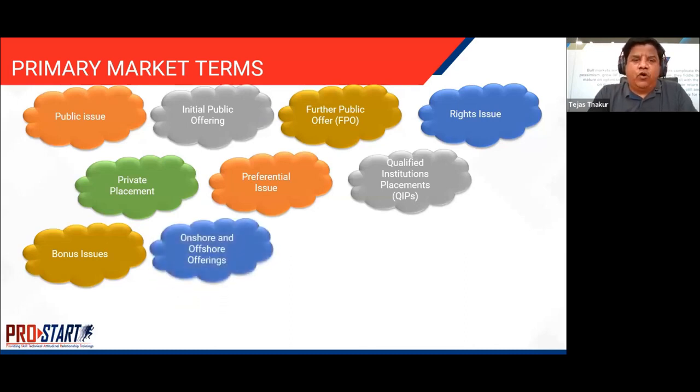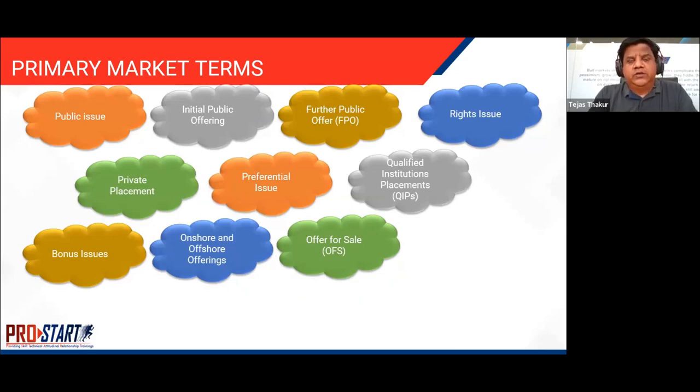Then you have something which is known as onshore and offshore offerings. Obviously, onshore is when you're raising capital in-house, so in the domestic market typically. And when you're raising capital outside the domestic market, it is known as offshore. Coming to OFS or offer for sale. An offer for sale is a form of share sale where shares are offered in an IPO or FPO and are not fresh shares issued by the company, but an offer by existing shareholders to sell shares that have already